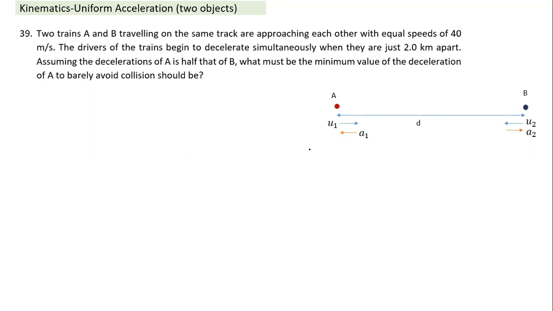If I have to represent this in the form of a figure, because if we visualize a question it becomes a lot easier. So this is train A moving with velocity u1, and it applies a brake. This is the instant t equals 0 when the brakes have been applied. It will have a retardation of a1. The other has a retardation of a2 and an initial velocity of u2. The distance is d. So can I write a condition for barely avoiding the collision? Can I make a statement which meets this condition?